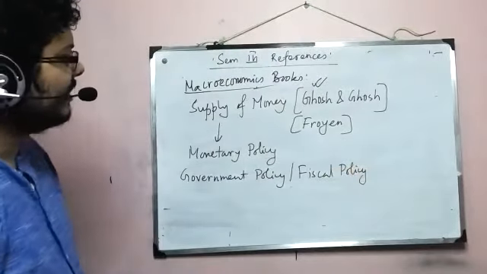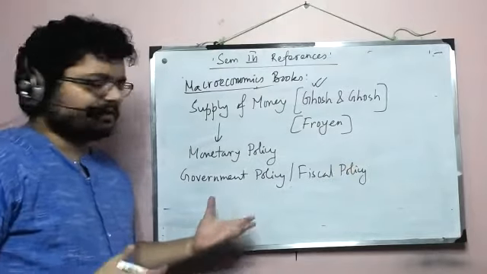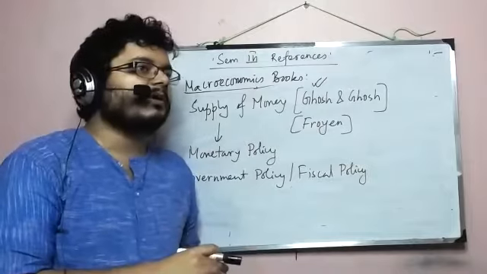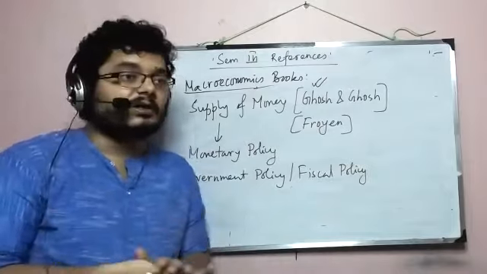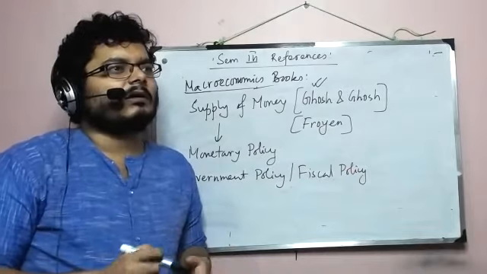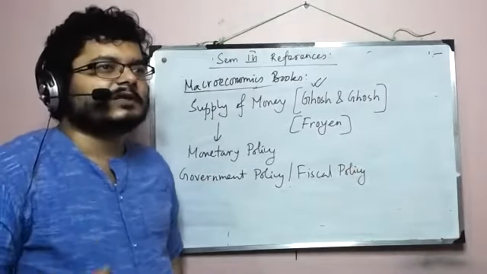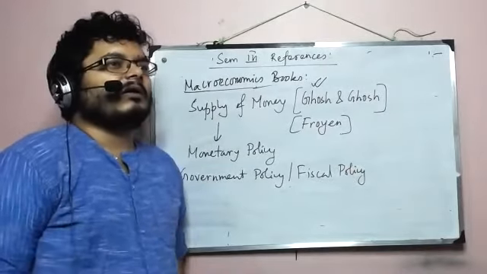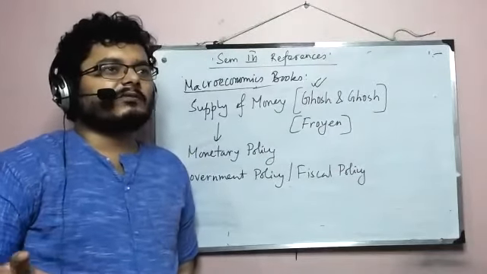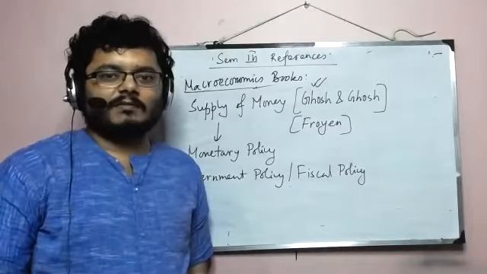Okay, because government doesn't print money, right? That is the department of RBI. Although government controls the rights of doing so, when the government is taking a policy, whether it is one of expenditure or one of increasing taxes, always there is a question when it comes to expenditure. There is a question of financing it. So where is the money going to come from?